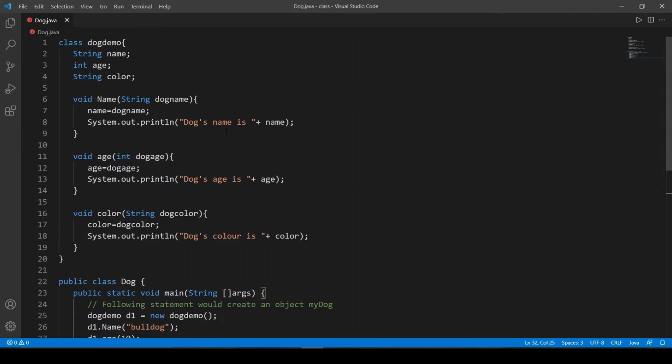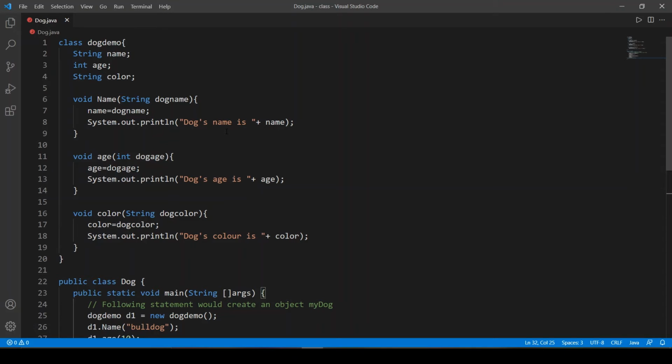We have written the characteristics of dogs, and we have made three methods: name, age and color. In name we have passed an argument dog name, and we have printed out one statement here, dog's name is name.